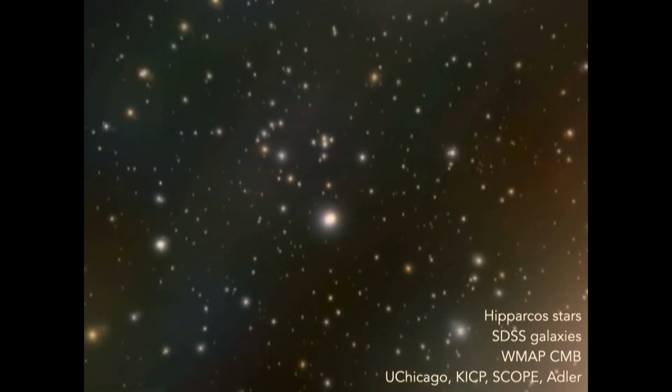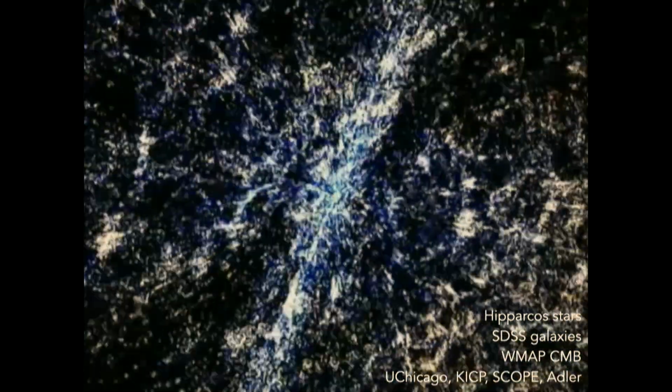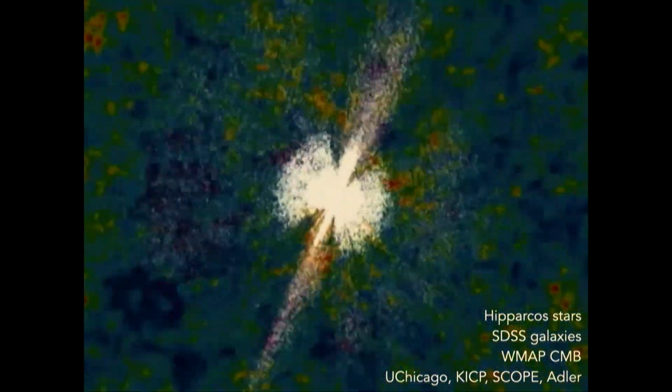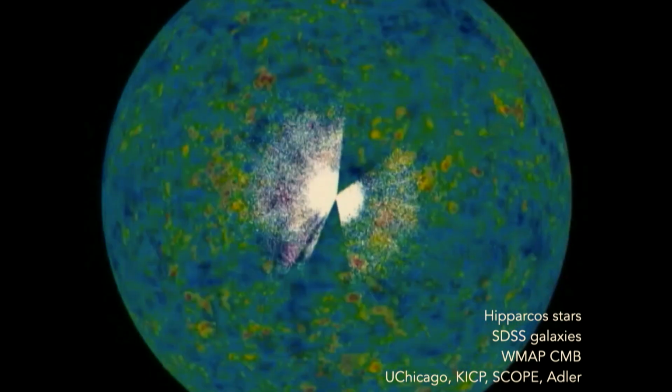And this is all actual data. So the sun, only one of many, many stars in our own galaxy, the Milky Way. And as you keep zooming out, you see more galaxies, of order 100 billion galaxies in the observable universe. Each of these is actual data, and in fact, very outdated data. We have much larger catalogs. And as you keep zooming out or going backwards in time, you get to this cosmic microwave background, the edge